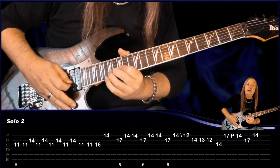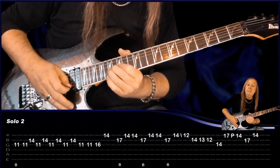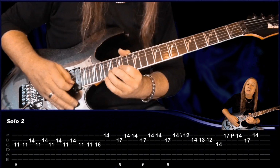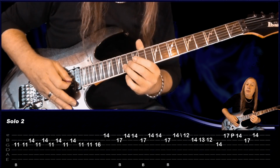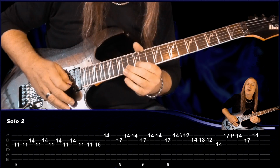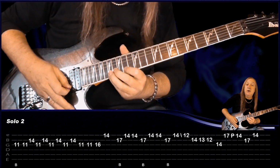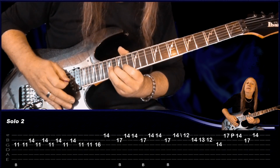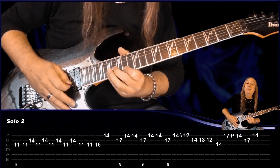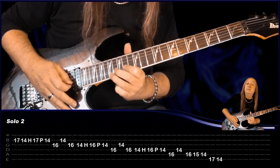the B, 17 bend, 2 14s on the E, do that again, and then bend 17 on the B, 14, slide back to 12, B string 14, 13, 12, G 14, and then to finish it off we have this run down, E 17, pull off to 14, B 17, back to E 14, B 17, and then 14, 17, 14, hammer on